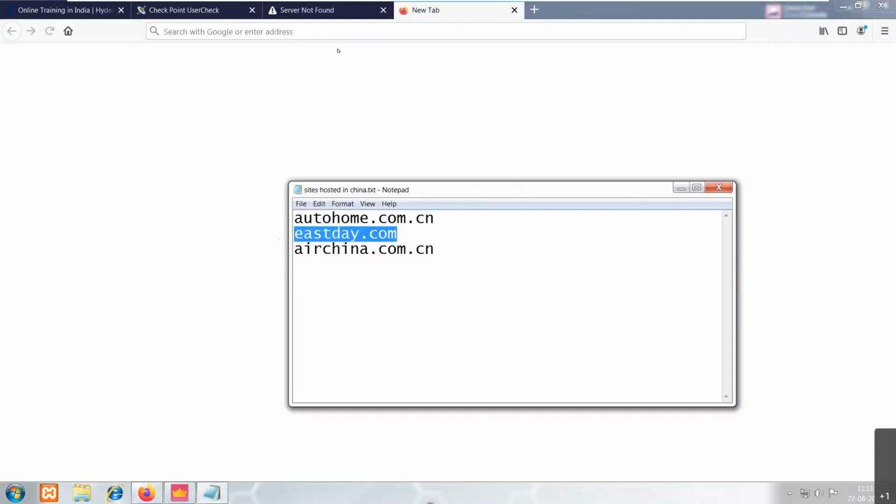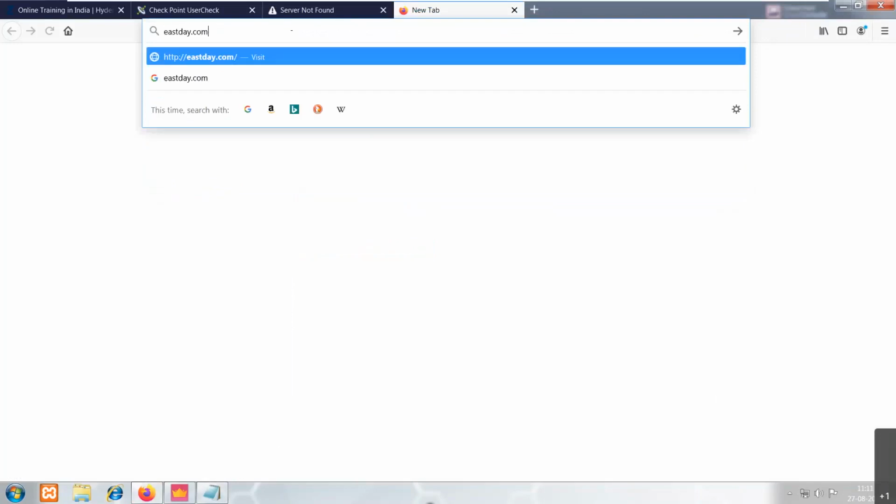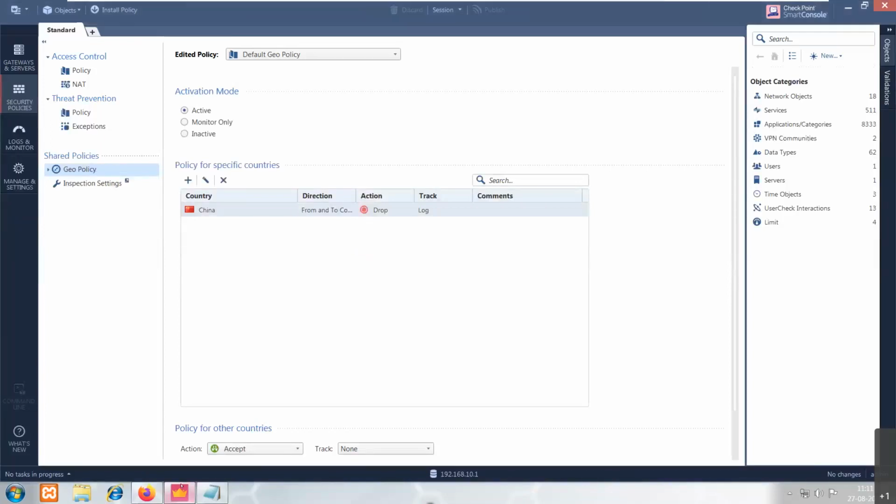I'm going on with this website, eastday.com. Even this one, we are unable to get connected. That's because we have a policy here in the Smart Console which says if a request is coming in from our LAN network trying to reach some server which is hosted in this region, China, it should not be permitted.